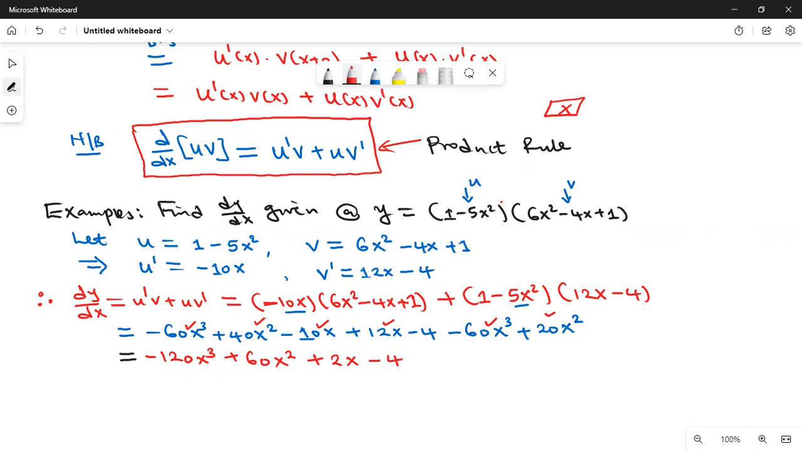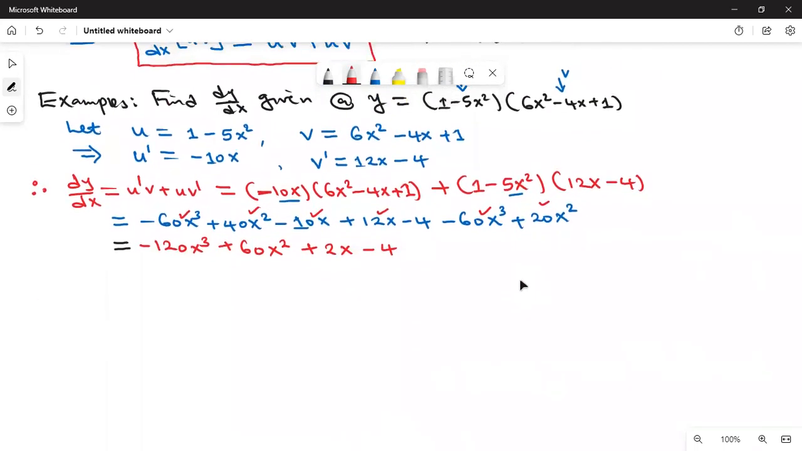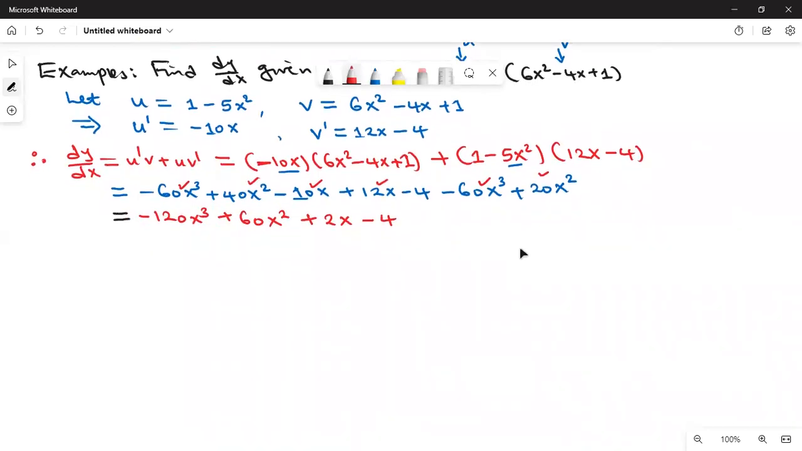Now let me give you another one where you also have to apply the product rule of differentiation. What is important here is, are you able to differentiate those two functions, u and v? Because once you know their derivatives, then it is easy to use the formula to find the derivative of y with respect to x. In part B, you are given that y is equals to,